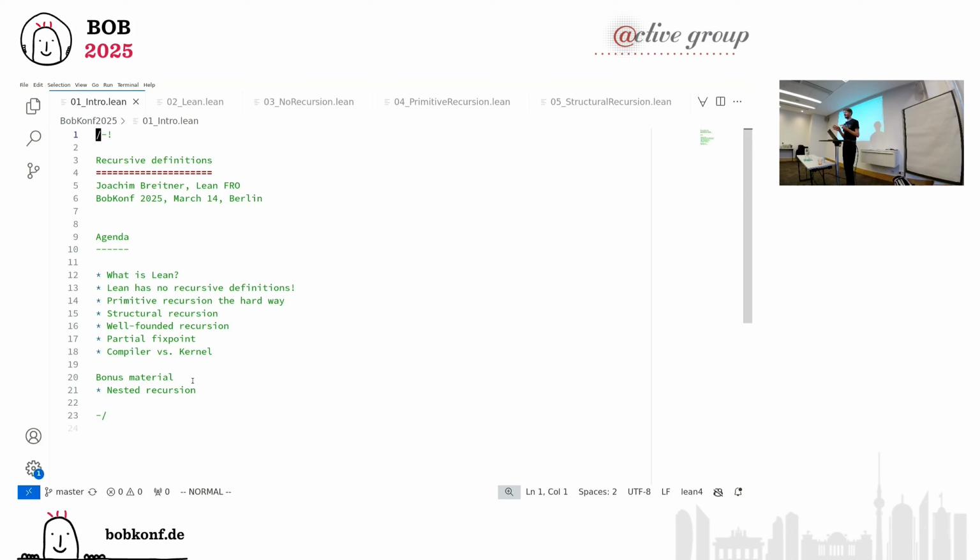OK, so what is Lean? Usually we pitch Lean as being two things. It is a general purpose programming language. So this is Lean code. And I probably don't have to ask if you have seen Haskell code at this point. But this looks very much like it could have been Haskell code, right?